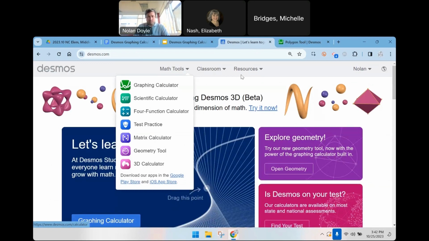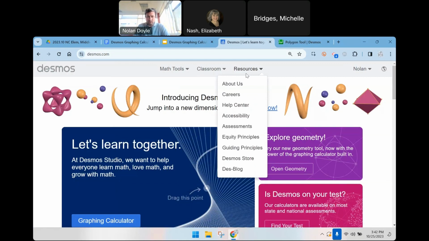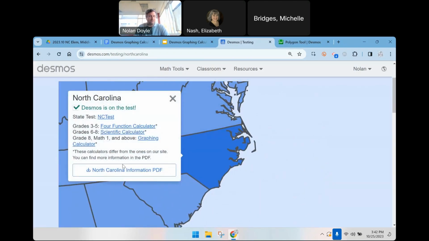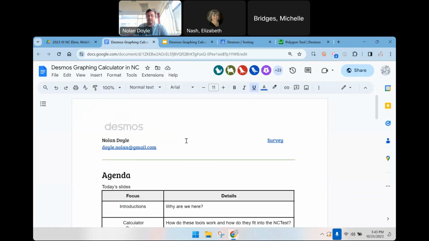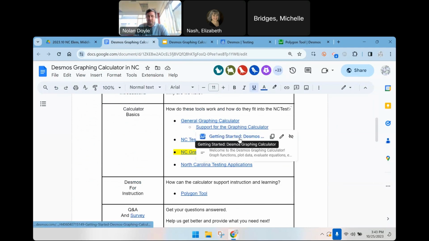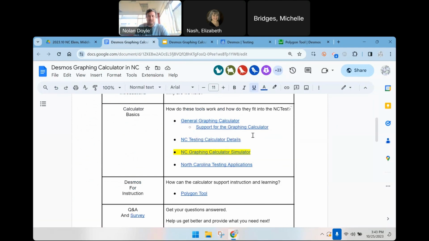But what we want to get to is the North Carolina version specifically. So I'm going to go under resources and assessments, and then I can click on North Carolina, and that's what's going to give me everything I need specific to what's available for you all in your tests. I also have these direct links in the agenda. So right here, the general graphing calculator is linked, as well as some support getting started. That's where I'd recommend going next if you're just starting out. And then this will take you to the screen I just showed you